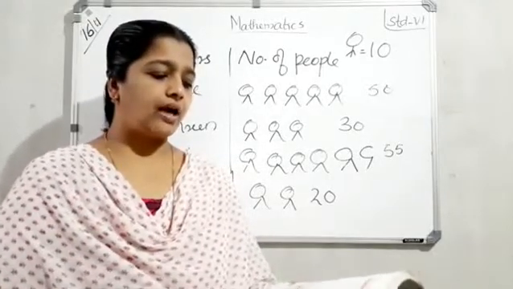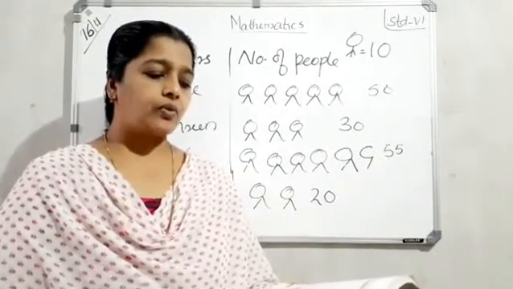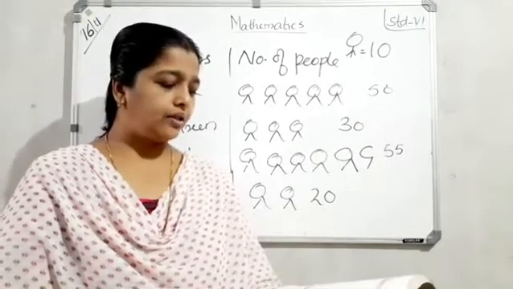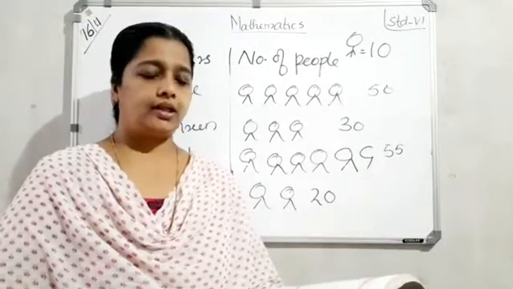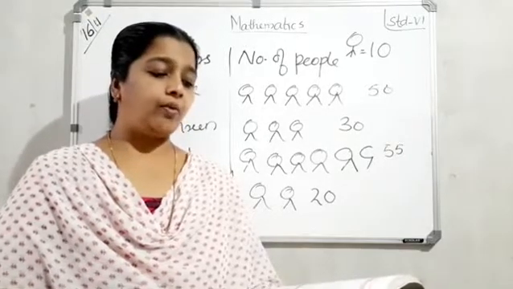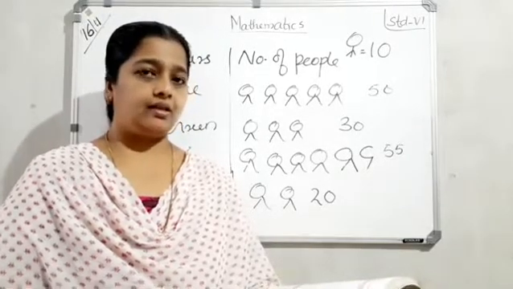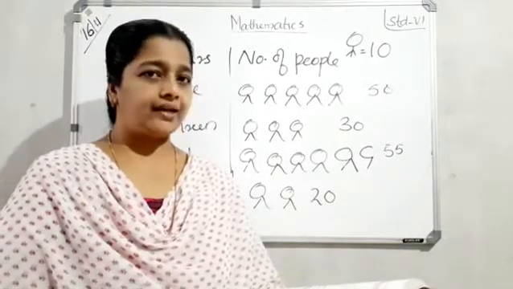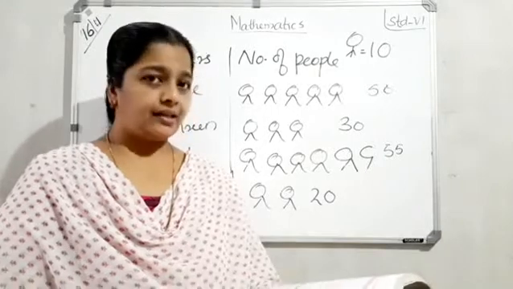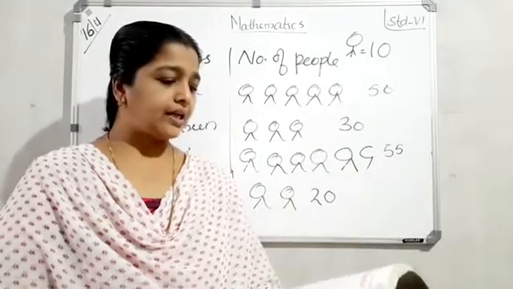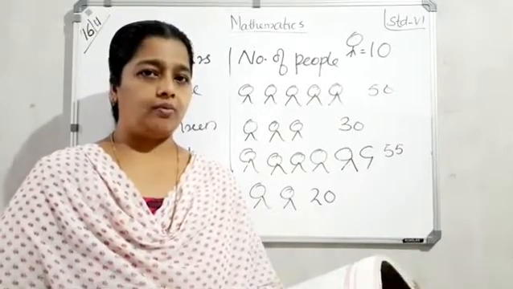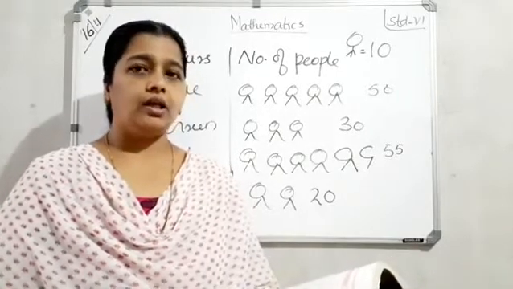From the pictograph we find the number of students coming by private car. How many private car? First one, 4. Clear? Second one, the maximum number of students use the school bus. So we can check the pictures. Then we can understand here the school bus is greater. That is how many pictures are there? That is the maximum number of students. Then it was the school bus. Yes, use the school bus.